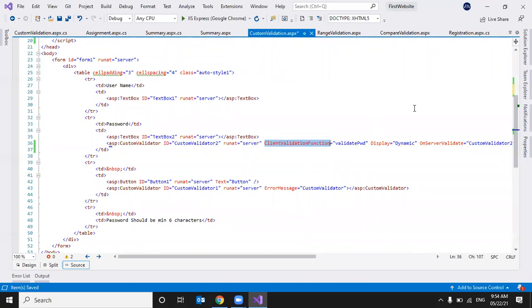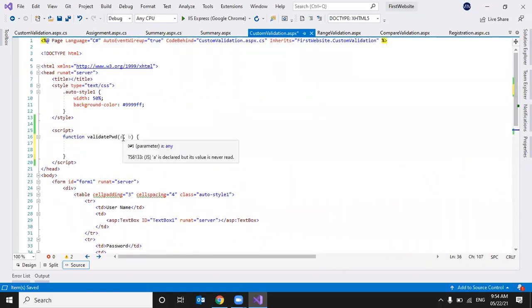The first argument will store the type of the control from which the function has been called. So we are calling from the custom validator, so that is the reference. A will have the custom validator reference.